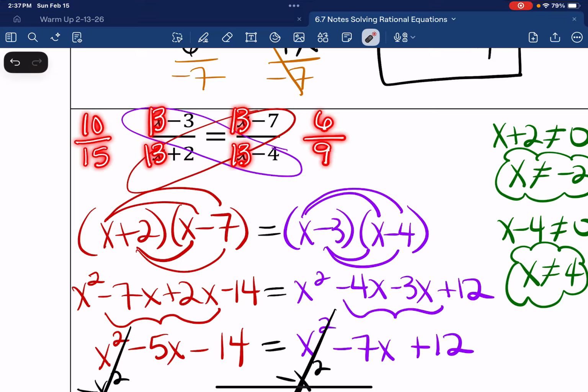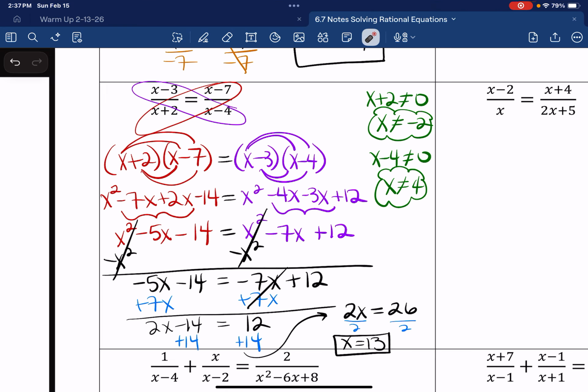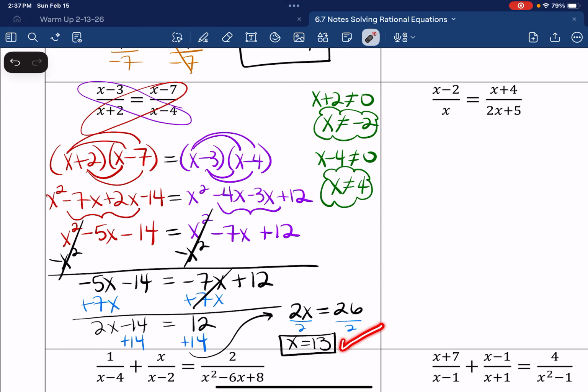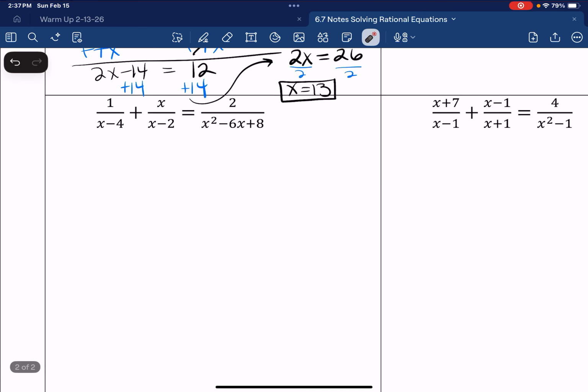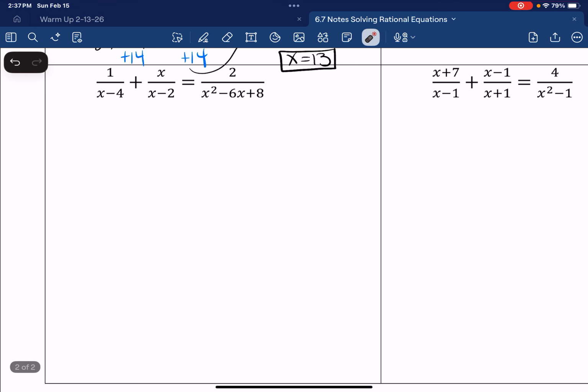So 10/15 should equal 6/9. Well, 6/9 does reduce to 2/3. And 10/15 does also reduce to 2/3. So we know we did our algebra correctly that way, if you can substitute your value in and make your equation true. All right, last problem, and this one's going to be a little bit more involved,